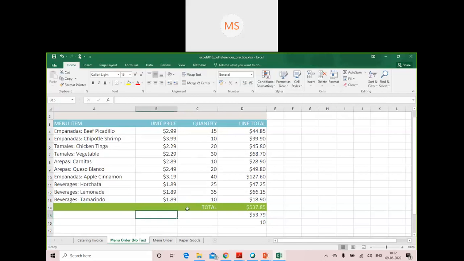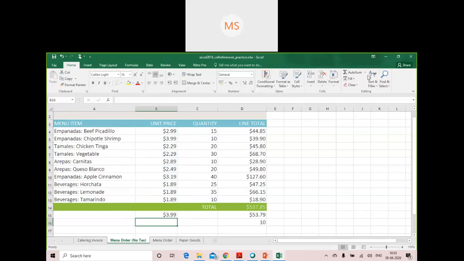Suppose I want to know the maximum unit price from all of these items, so I can make use of the max function. Here I can use the cell reference B4 to B13, and the moment I click on enter, I get 3.99. As I can see, 3.99 is the maximum value.